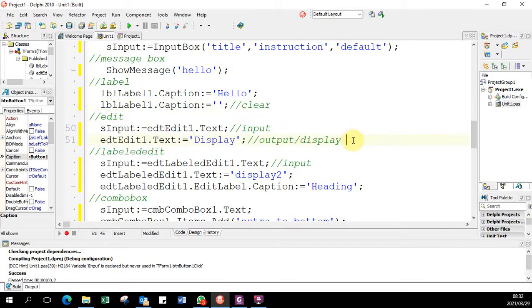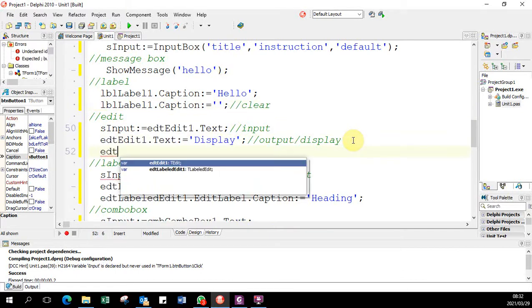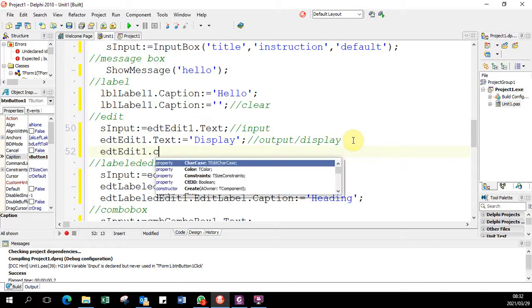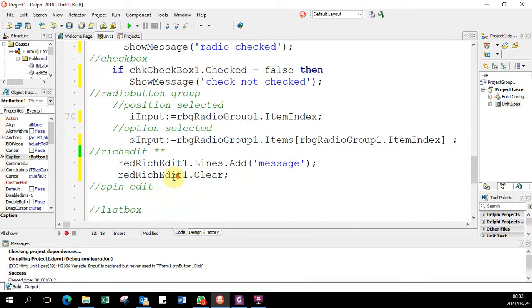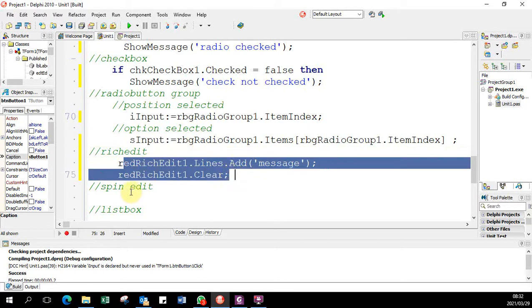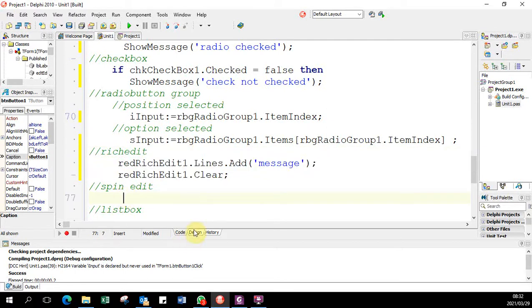For our edit box, you can go your edit box dot clear, just to take out what's in there again. Alright, for the rich edit, there are some more things, but for now this is the only one I want you to know. Okay, with our spin edit,